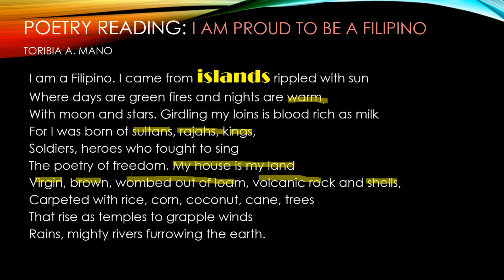And here, tayo daw ay puno ng rice, ng corn, ng coconut, ng cane, sugarcane yan, and different trees. Okay? Rains, mighty rivers, furrowing the earth means marami din tayong mga malalaking ilog. Kasi nga tayo ay isang malaking isla. Okay, so for this stanza,